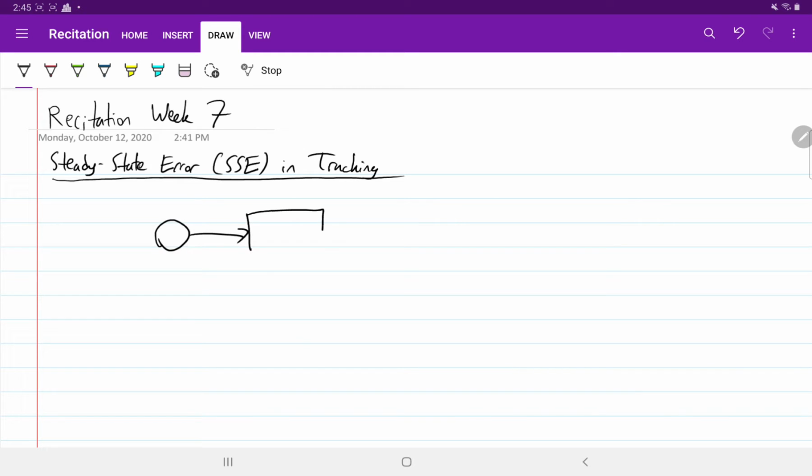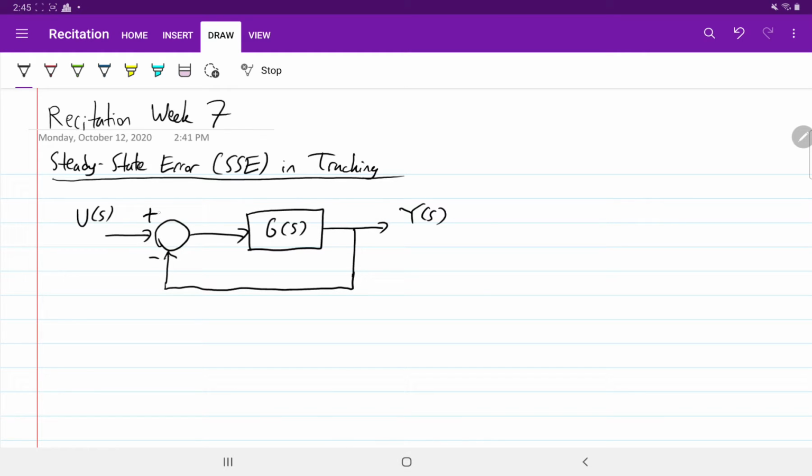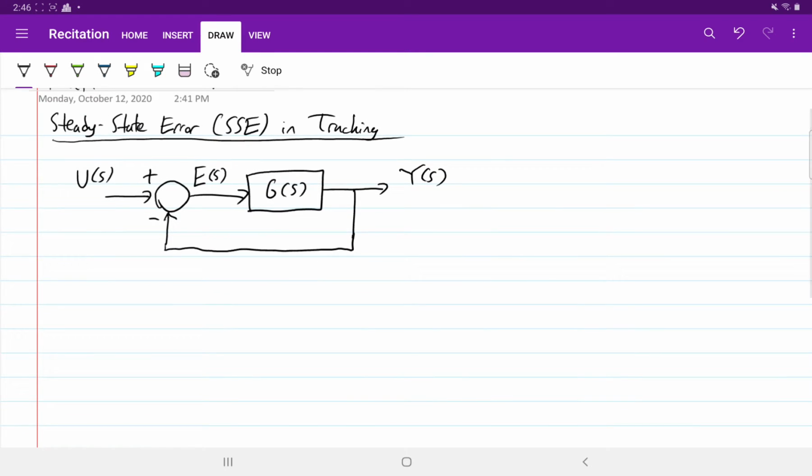So I have a transfer function and the output is y of s. This is in Laplace domain, and we have input u, and the system is configured with a feedback system. We have a negative feedback, and let us define the error as this signal right here. So this is a system with unity feedback,